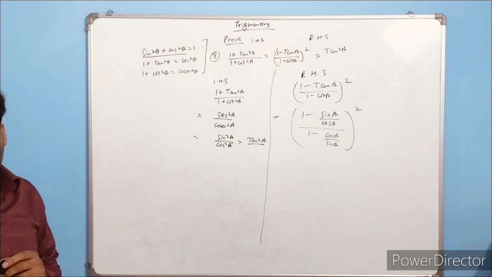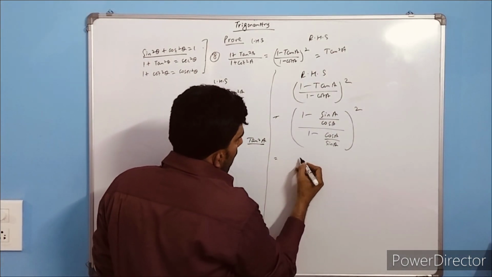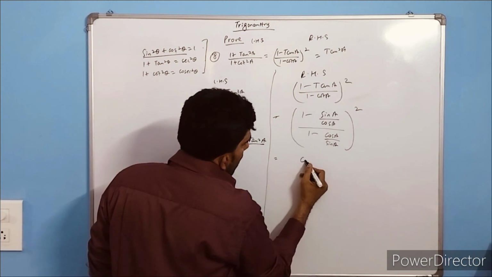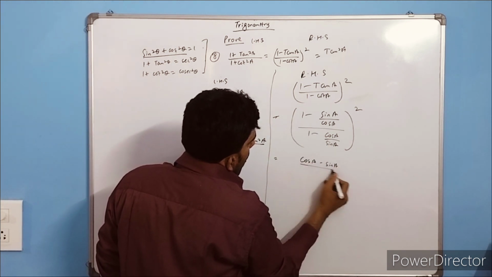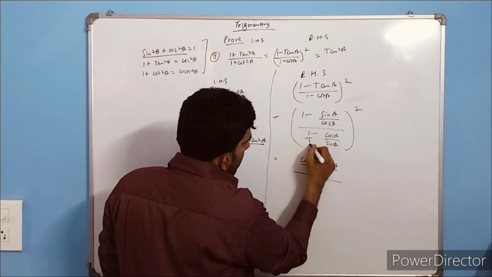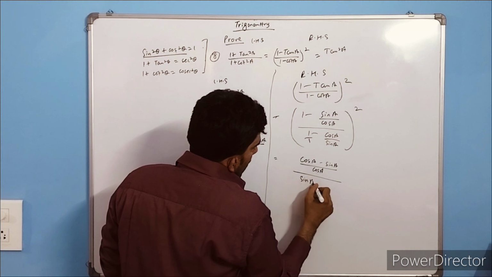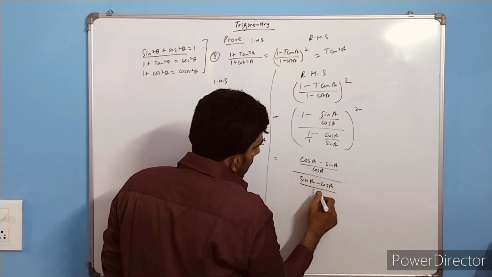So now we can solve it by taking the LCM of that. So (cos A minus sin A) upon cos A, upon, when we take the LCM, (sin A minus cos A) upon sin A,